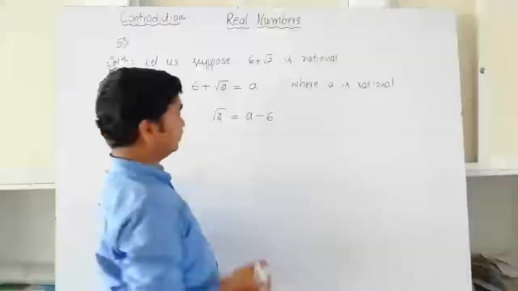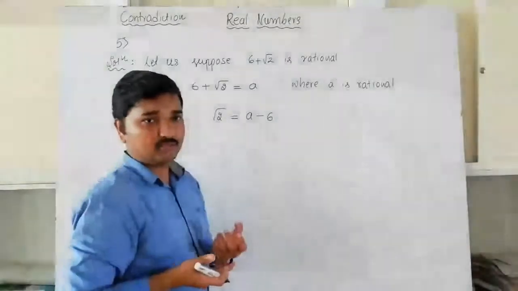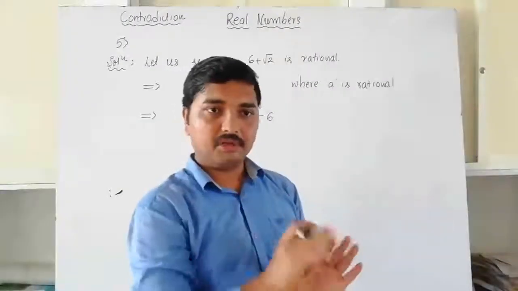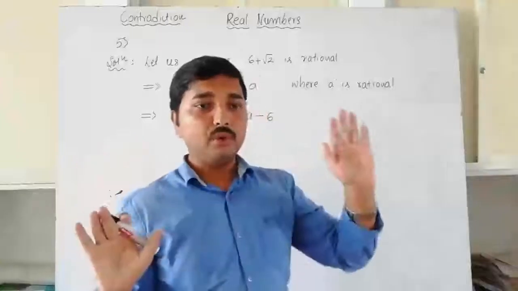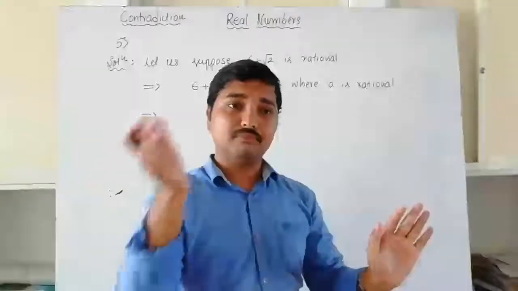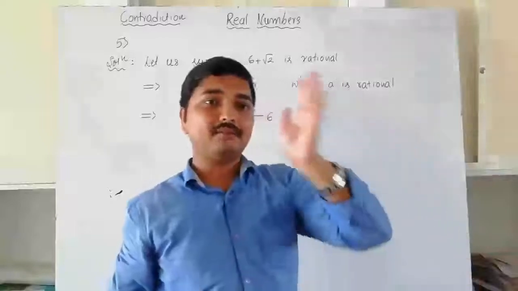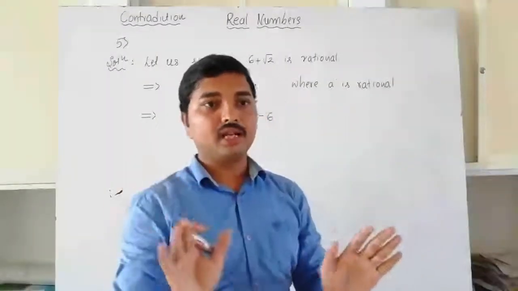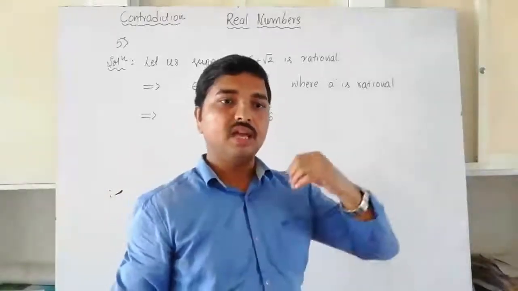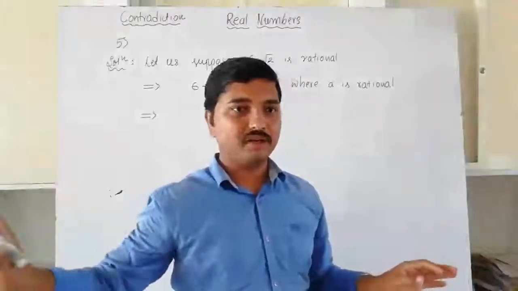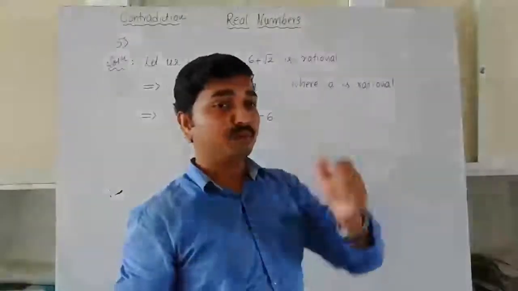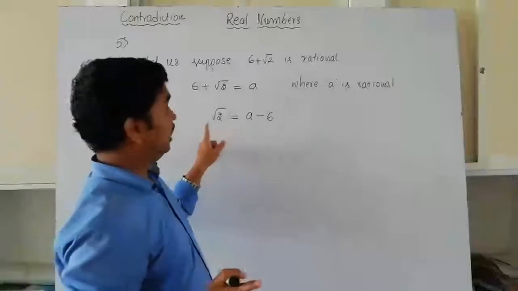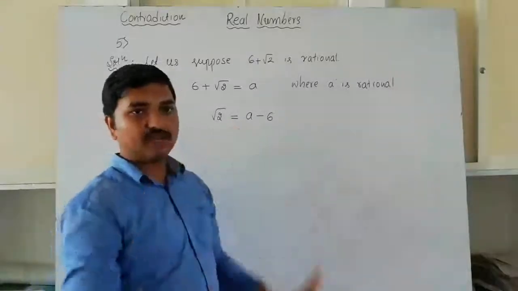And one more thing: in the initial classes I told you, irrational numbers are a separate collection, and rational numbers are a separate collection. No rational number is an irrational number, and no irrational number is a rational number. We can't equate an irrational number with a rational number. It will never happen, because irrational numbers are separate and rational numbers are separate. So there is no number which is both rational and irrational. So that's why this is actually wrong. An irrational number equal to a rational number will never happen.